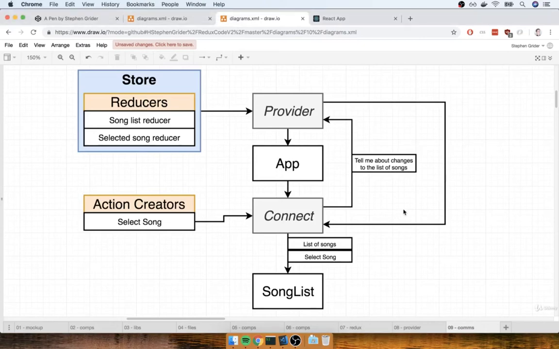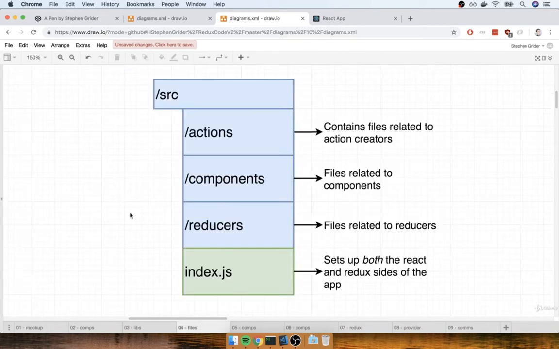In the last section, we started talking about how the React Redux library works. Now it's time to actually start implementing all this stuff. So we're going to move over to our code editor and start writing out a bunch of code. But first, one quick thing I want to mention here. How are we going to organize all these different files and folders inside of our project directory?